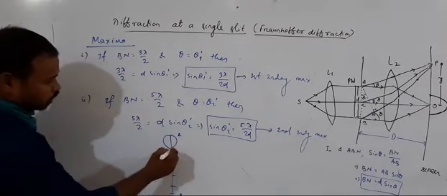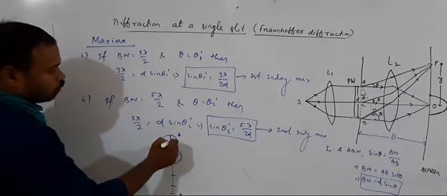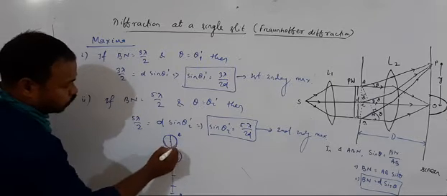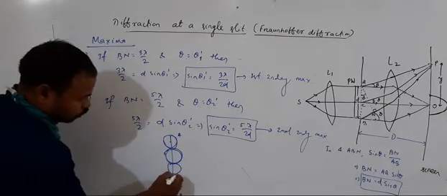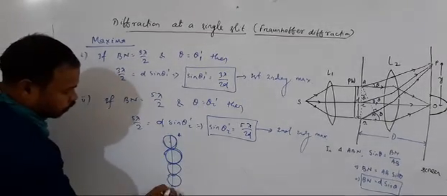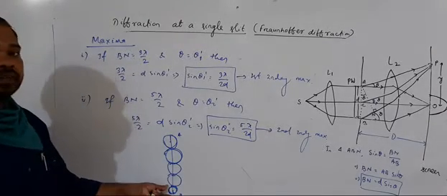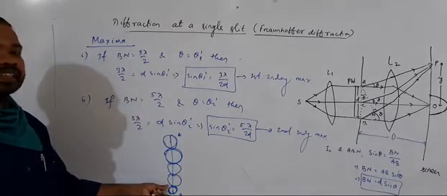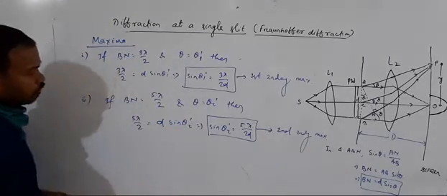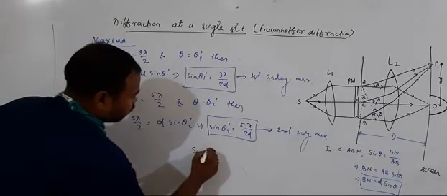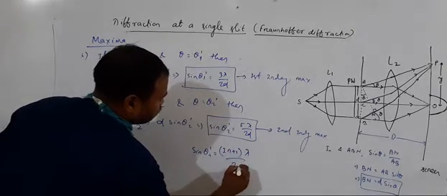Light from this part and this part produce destructive interference. That means the interference due to this part of the light and this part of light produce minima. From this and this also produce minima, but this part will remain behind, which will produce maxima. As this part has less intensity of light, this maxima has intensity less than that of the first secondary maxima. So for the nth secondary maxima, we can write sin theta n dash equal to 2n plus 1 lambda by 2d.